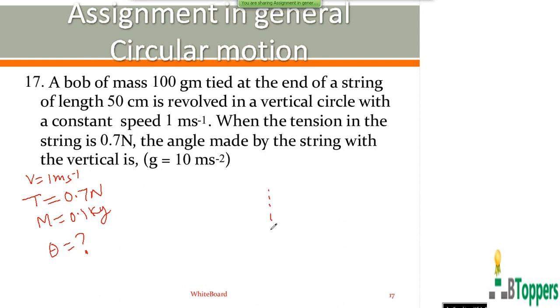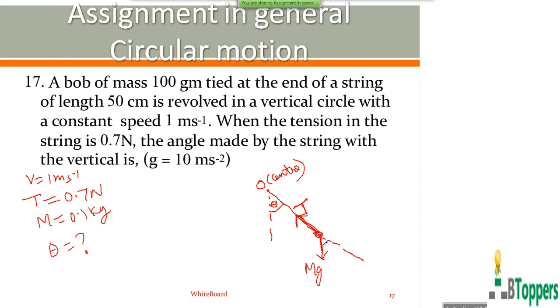Now, as I discussed in the general circular motion, if you consider the position of the bob at the particular instant, when the string makes an angle theta with the downward vertical, only two forces act on the bob at all the instants. One is its weight mg, which acts vertically downwards, and then tension force by the string on the bob acts along the string and away from the bob, that is toward the point of suspension. The center of the circular path coincides with the point of suspension here.